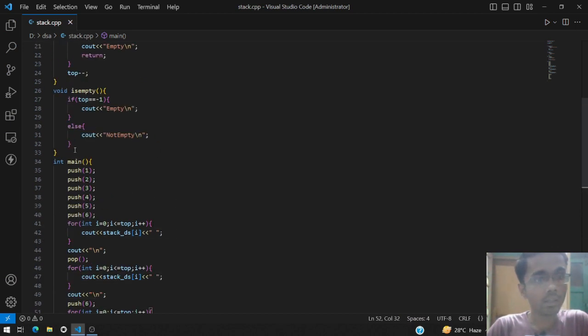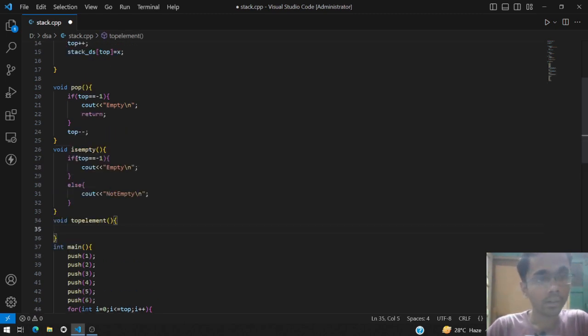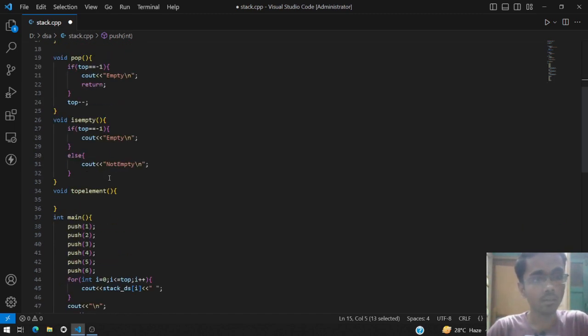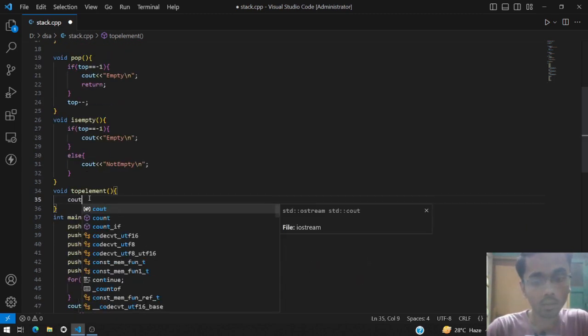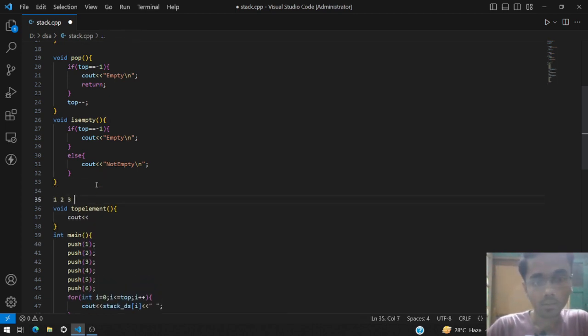Now the last operation is the top element. It will give us the element that is present at the top of the stack. This is the same as the earlier function, the element that is present at the top index. Let us have one more example. Let's say we have three elements, so our top pointer would be pointing to element number 3.